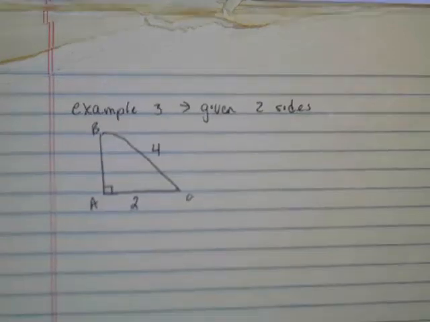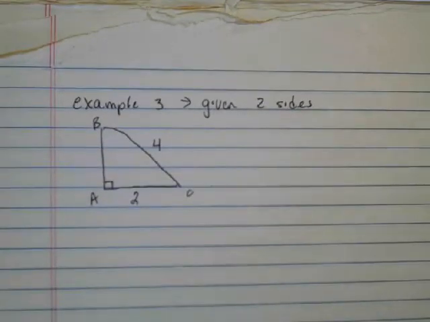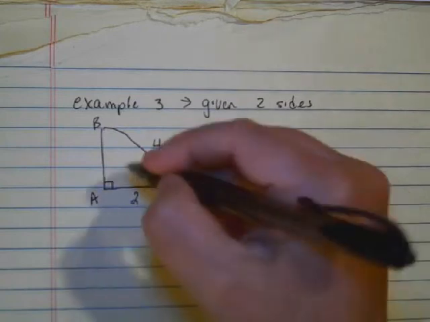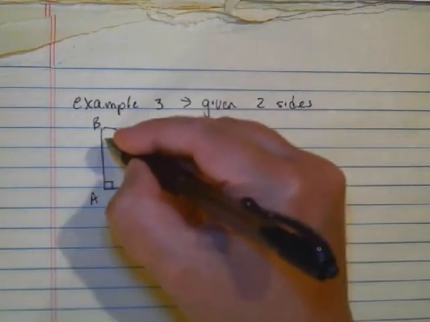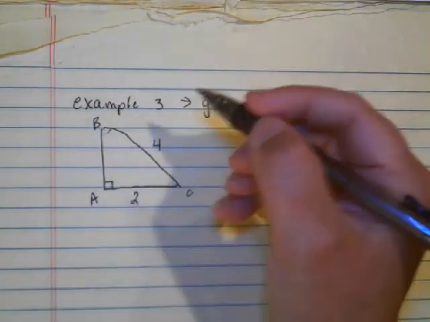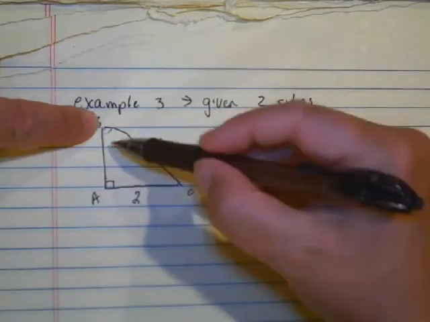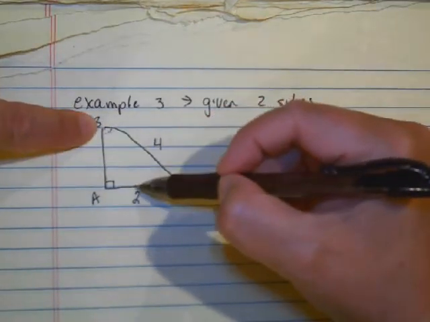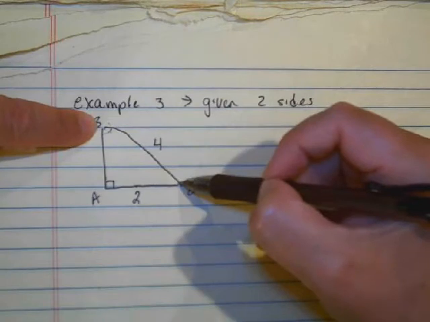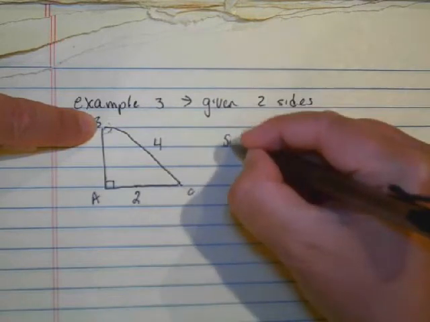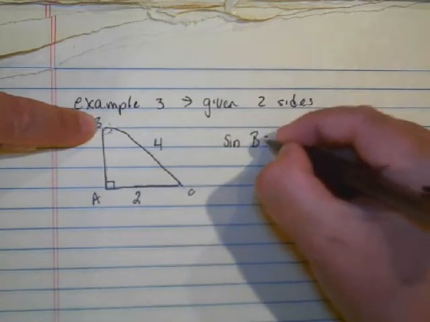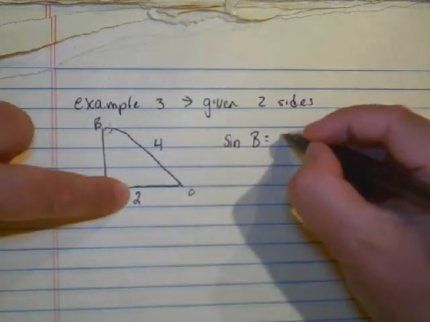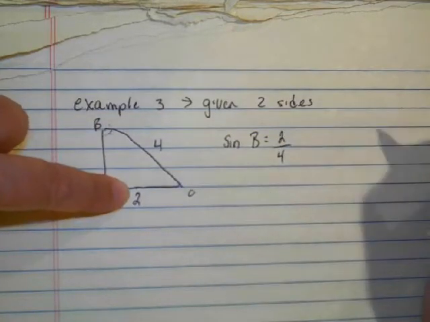This is example 3. So this time we're given two sides but no angles. So I'm going to try to find one of the angles. It doesn't matter where I start. I think I'll just start with angle B right here. And if I'm using angle B, I know the opposite and I know the hypotenuse. So I'm going to use sine of angle B equals the opposite, which is 2, over the hypotenuse, which is